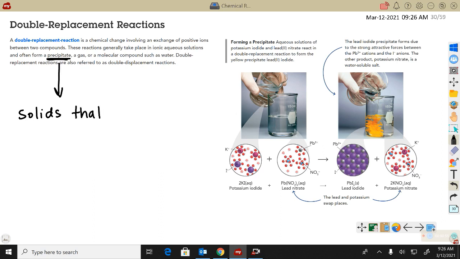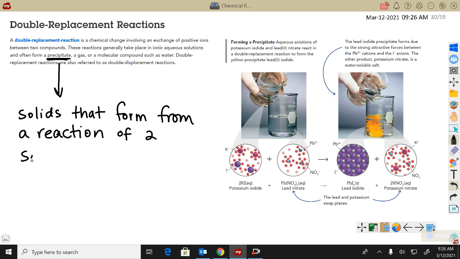that form from a reaction of two solutions. So you have two aqueous solutions, things that have been dissolved in water. You mix them together and you get a solid. The solid is called a precipitate. So it doesn't necessarily mean to rain in chemistry. It refers to a solid, something that will form out of your solution and kind of drop to the bottom